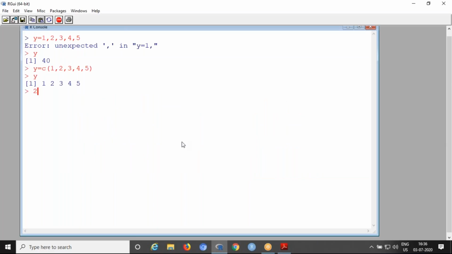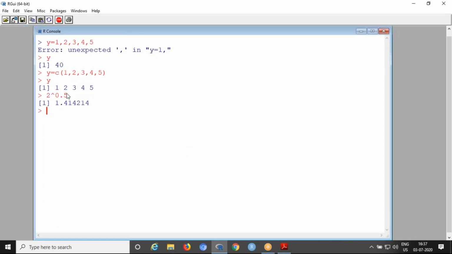Now you can try to execute these commands in our software. First we use 2 power, using the cap symbol, 0.5. This is the command. Directly here we are not using any variables for storing. Like a calculator, whatever inputs you give with a combination of operators, the result is displayed right there. R is also treated as a calculator. So 2 power 0.5, the result is 1.414. Same you can use with the double asterisk, 2 double asterisk 0.5. Same 2 power.